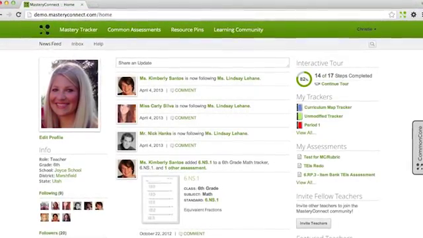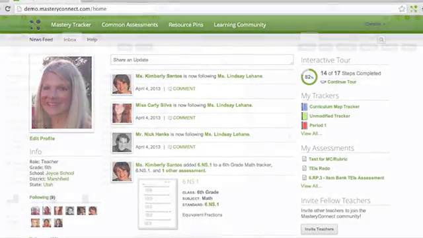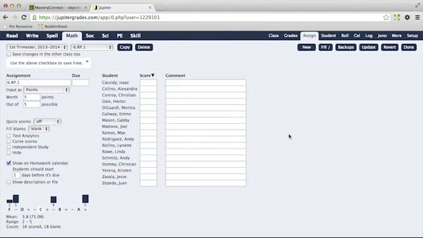Mastery Connect allows you to export scores from assessments into any gradebook. In this example, I'm using a traditional online gradebook called Jupiter Grades. You may be using a different gradebook or your SIS, but again, Mastery Connect will work with any gradebook you're using. As you can see, I've already created an assignment in my traditional gradebook that corresponds with my assessment in